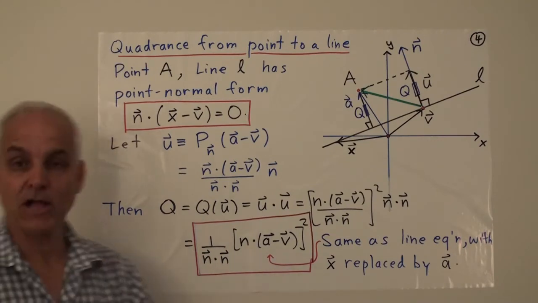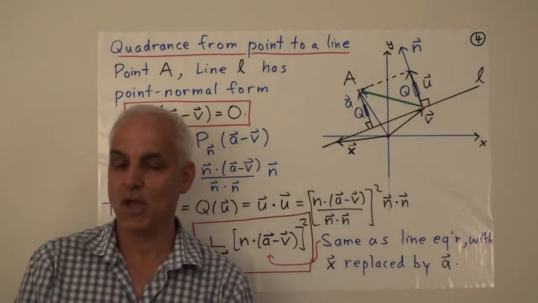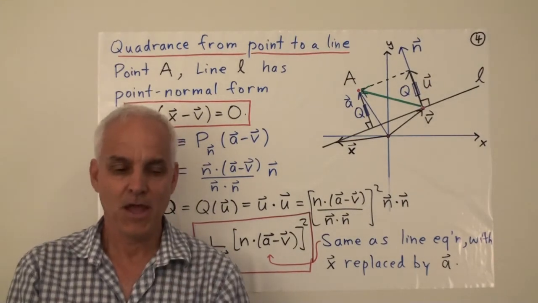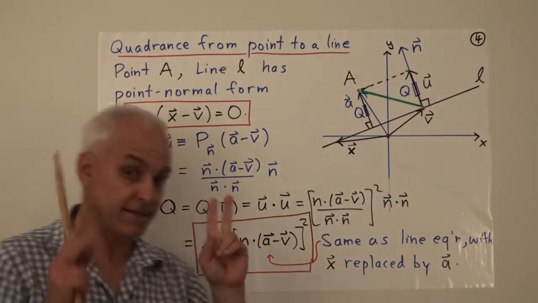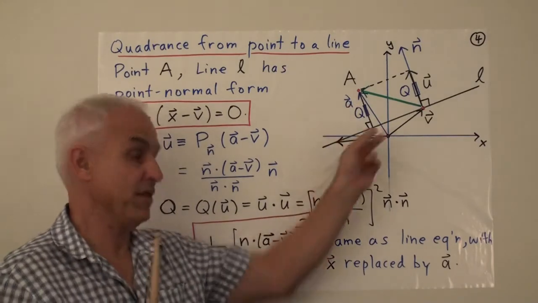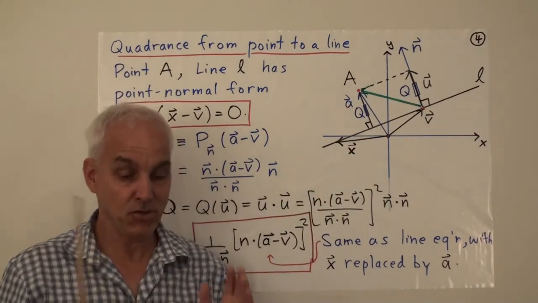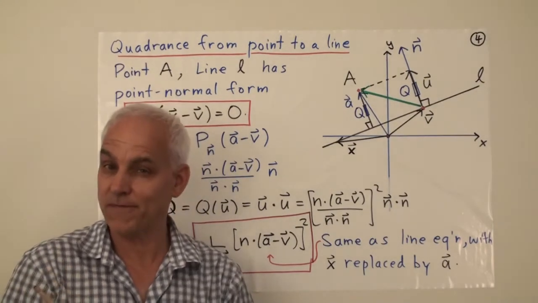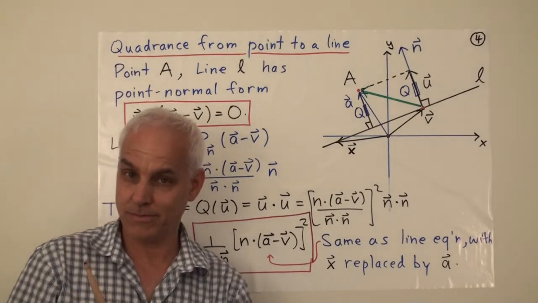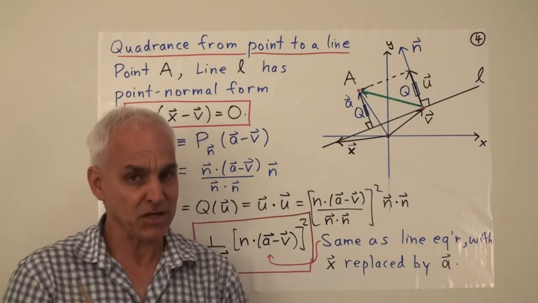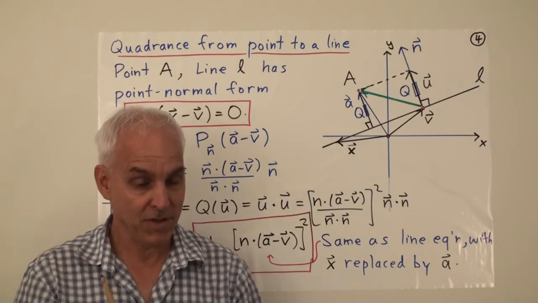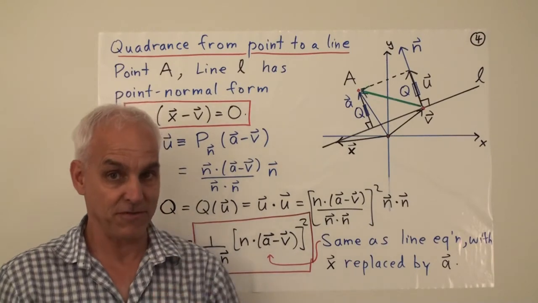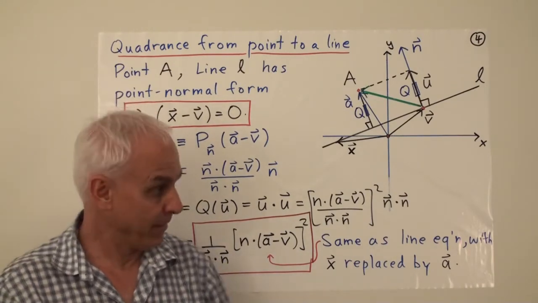Now, in most texts in linear algebra, you're not going to find this formula. You're going to find a much inferior formula. You're going to find a formula for the distance between the point and the line. In the 20th century, people thought that distance and angle were the right ways of thinking about metrical geometry. But now in the 21st century, we know better than that, don't we? Especially those of us who have been learning rational trigonometry and watching the videos in this channel.